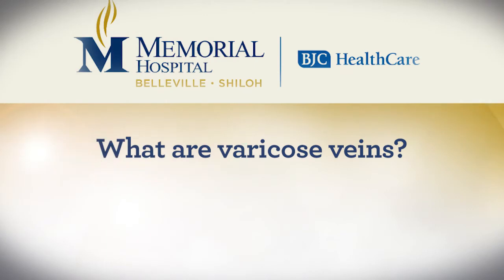Varicose veins are caused by incompetency of the valves of the veins. So arteries have high blood pressure to allow blood to go all the way down to your feet. But the veins, they are a very low pressure system, so they rely on valves throughout the entire course of the vein to get blood back up to your heart. As we walk or move around, our muscles squeeze, which causes the blood to move through the veins, and then the valves shut, which allows it, in a step ladder kind of pattern, to get back